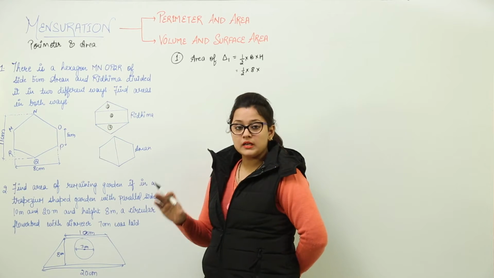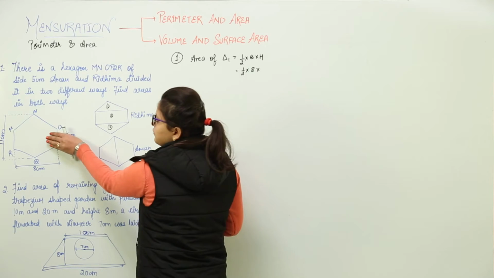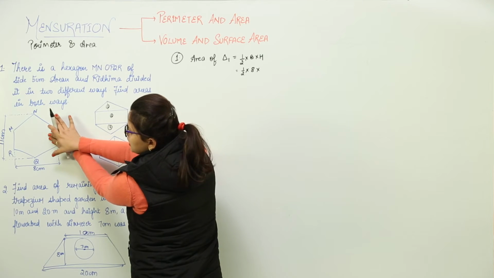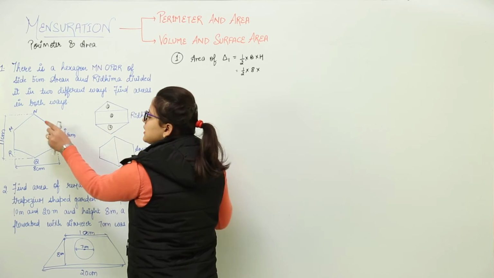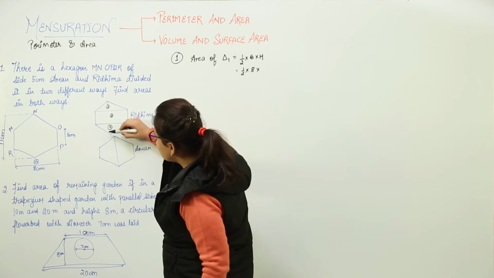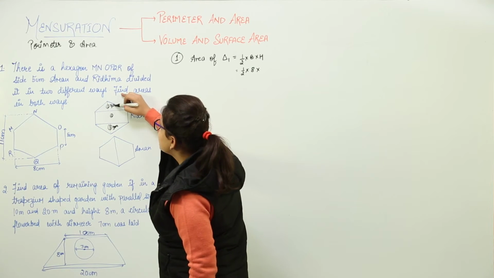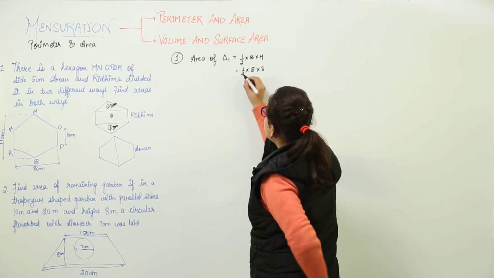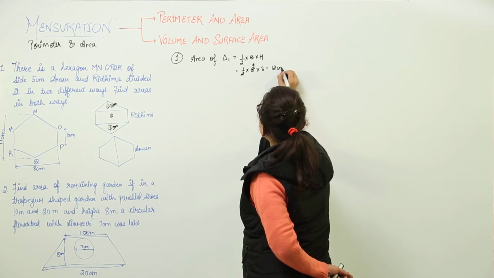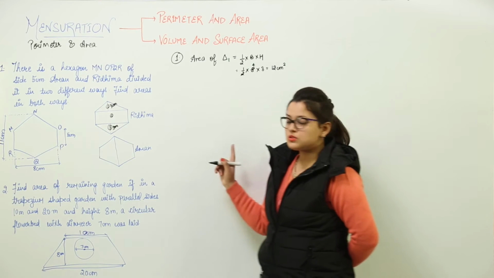If we subtract 5 from 11, how much do we get? 6. That means if you subtract the 5 from the whole distance, you are left with 6. You divide 6 into two parts, 3 above and 3 below. That means these heights are equal to 3 centimeters each. Now we have got our height. Can we calculate the area? Yes. This is equal to 4 3s are 12 centimeter square. Do not forget to write the units in these questions.